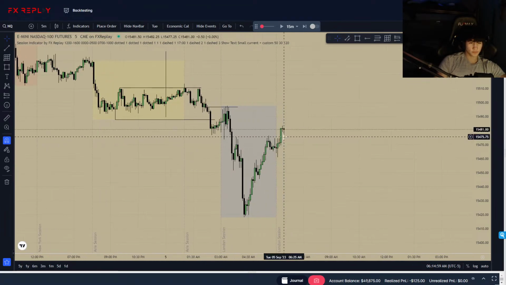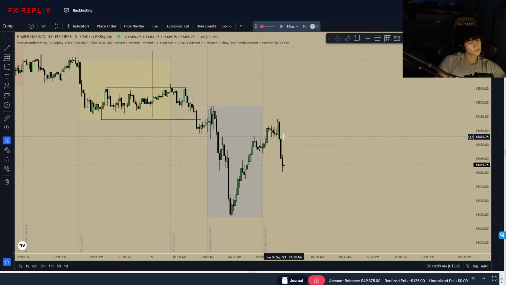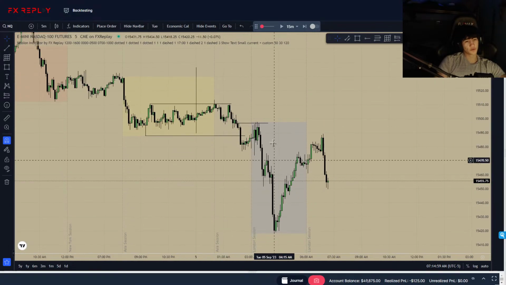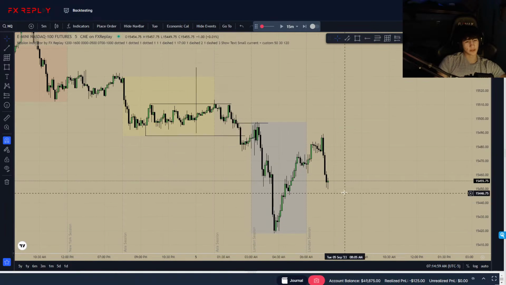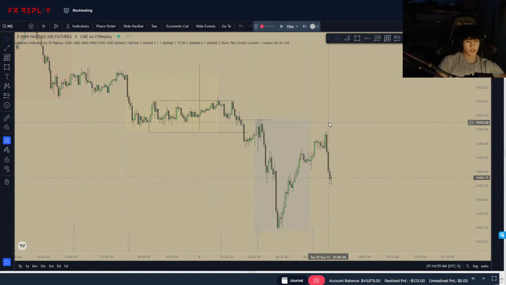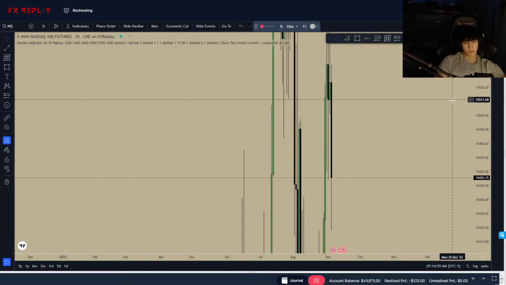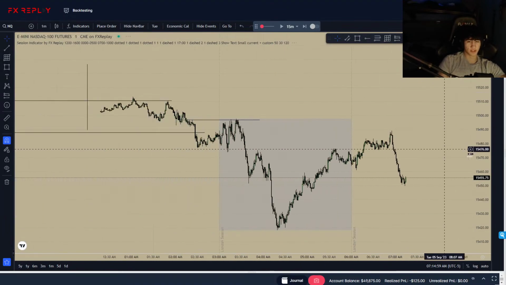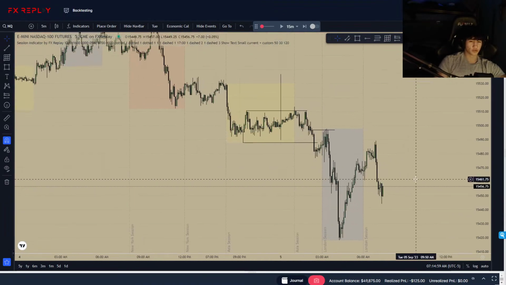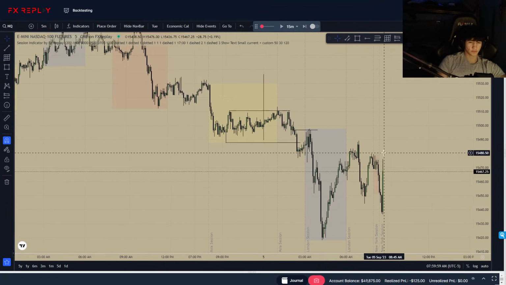Isn't it when we take out the Asian high and low, it just is a seek and destroy day? Not really. That's only if we do it during London, and you can see for London we did take out this low, so I'm expecting a Judas swing today, also because of our bias. So the Judas swing lines up with our bias. I'm extremely short biased today. I'm going to be looking for shorts straight off open, like right off the rip. So let's look for them.